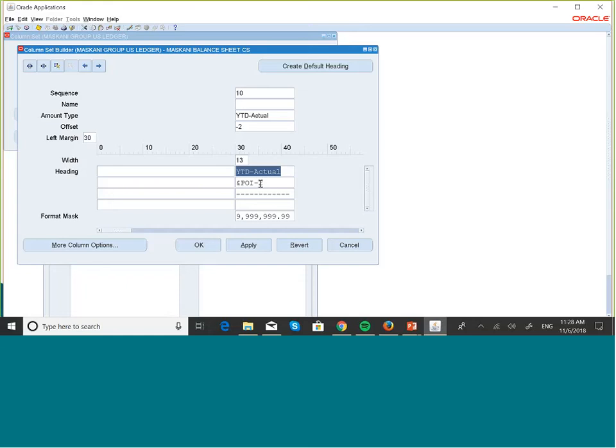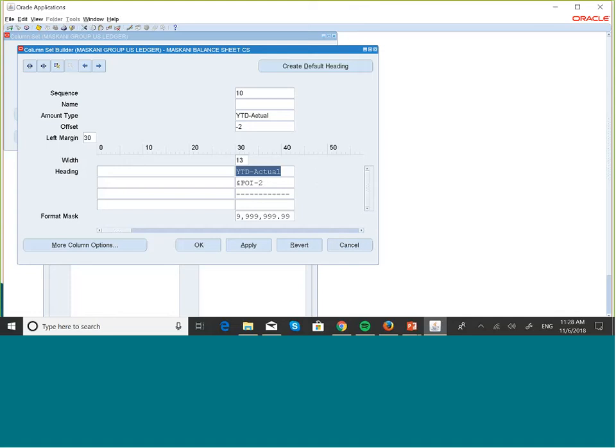Okay, so if our period of interest is March 2018, then this column will show March 2018 -2, which is January 2018. Okay, so that's our first column,